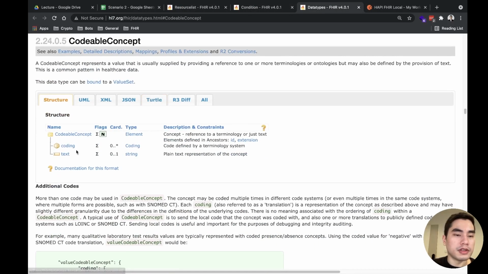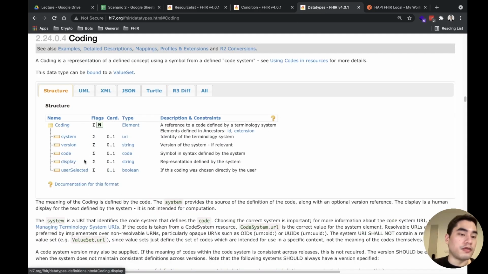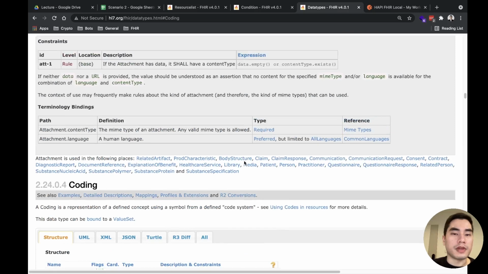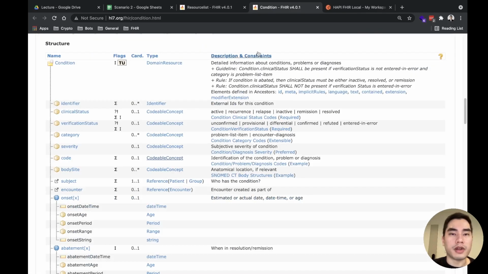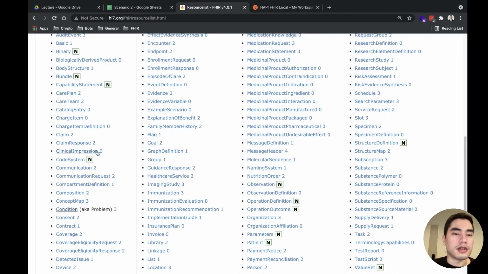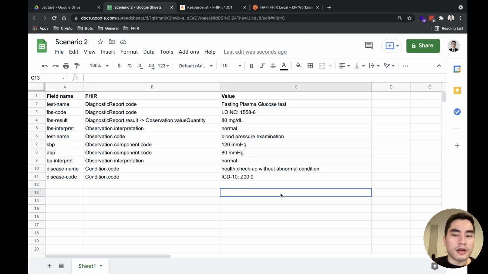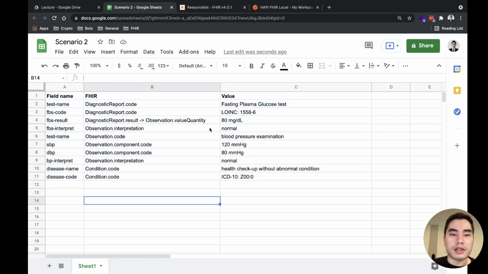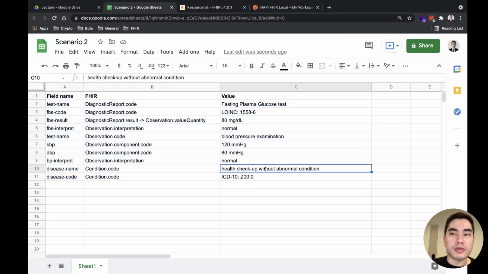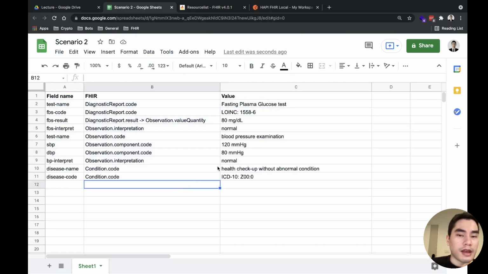Inside the codable concept there will be a text here, or you can use a display from the code system as well. So there are many ways to put the text in there. Okay, so this is the way we mapped it to a FHIR resource.